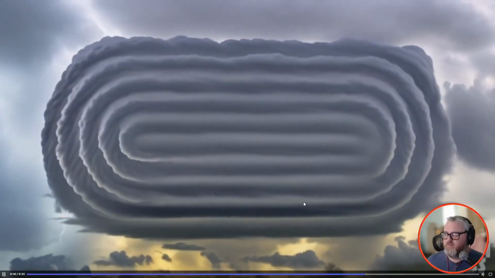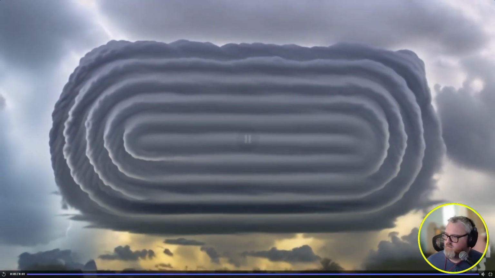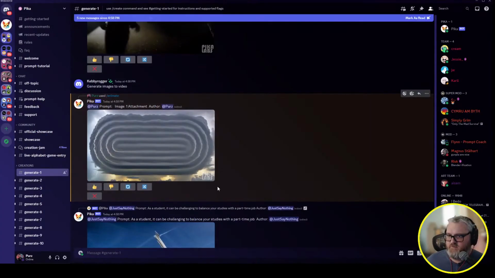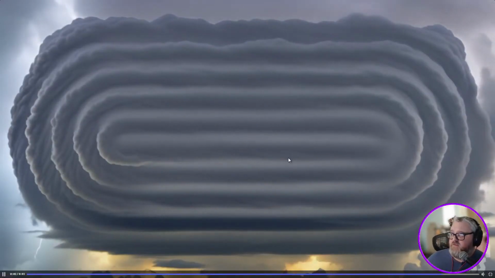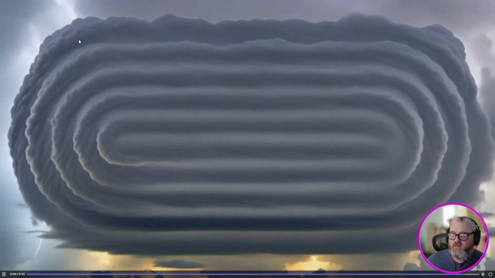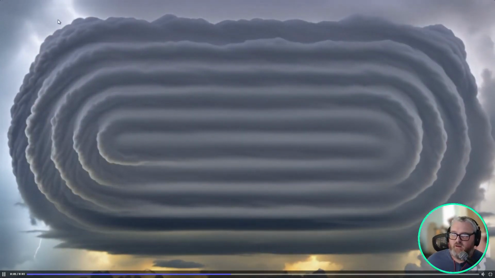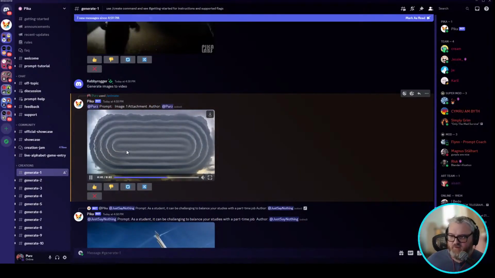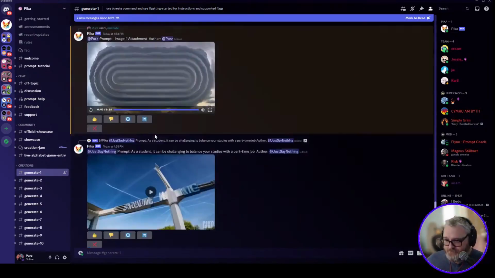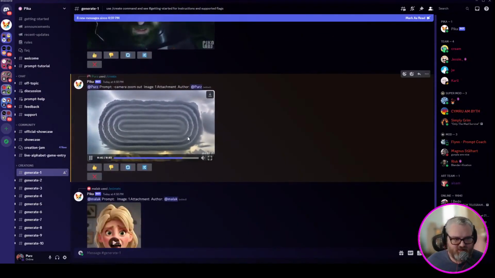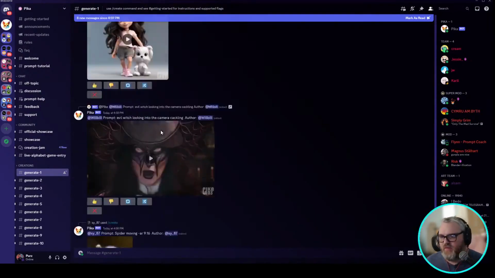There's the zoom out. Look at the in-painting. What a fantastic job it does of the edges. And this is just straight animate. Now, sometimes if it doesn't know what the hell it's looking at, it's not going to animate very well. Like in this one, the clouds are moving a little bit and things are happening, but it doesn't really understand the shape, so it's just kind of animating the clouds that it sees. But if you use camera movements, you get a lot more dramatic animation stuff because the whole thing is changing.